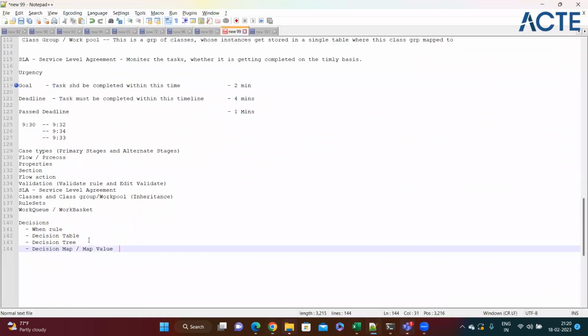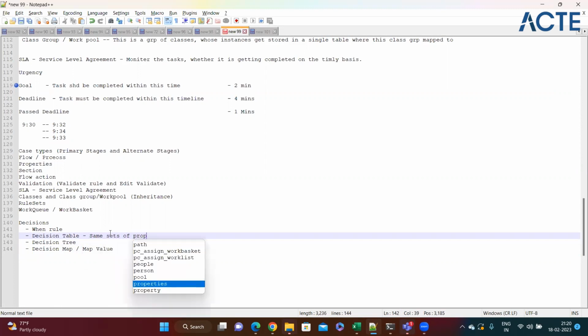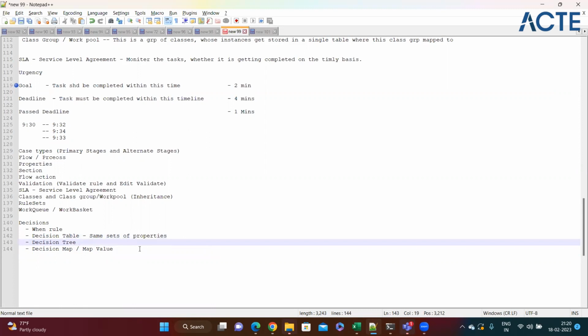Okay, so decision tree basically. If you have the same sets of properties that you want to evaluate, then you can go ahead with the decision table. And for a decision tree, you have different sets of properties. Like for example,